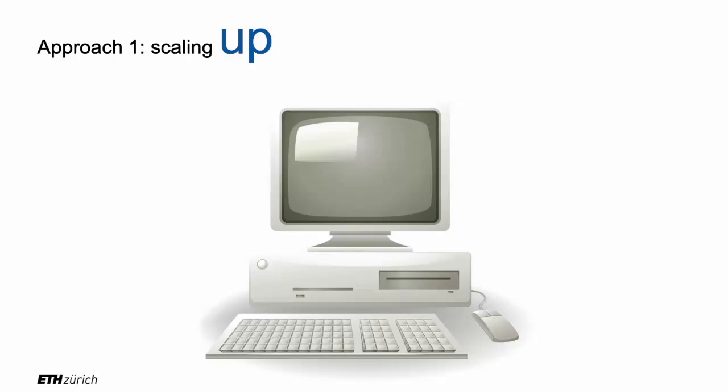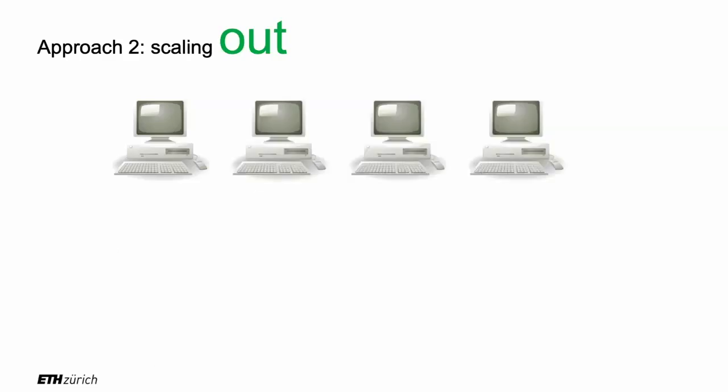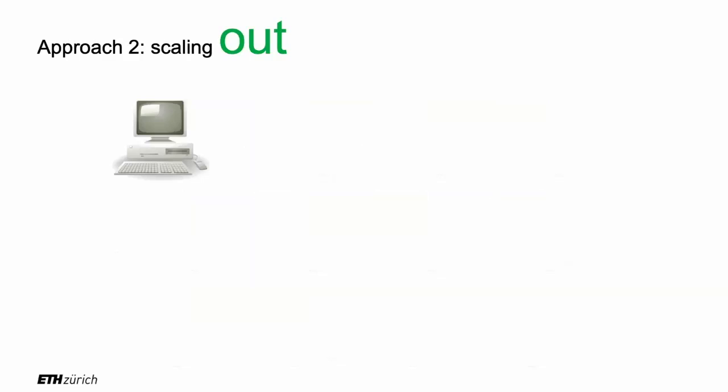You could try to then build it, but you're going to have to spend probably billions of dollars in order to do it because it doesn't exist. So you see that this approach doesn't scale, right? It only brings you so far within what is commercially available, and the prices do not go up linearly. So there is a trick, and that trick is the same trick that I told you about with the batteries. Instead of trying to buy a bigger machine, we just buy another machine, and another machine, and another machine, and plenty of machines like this, thousands of machines like this, right? This is called scaling out, as opposed to scaling up.